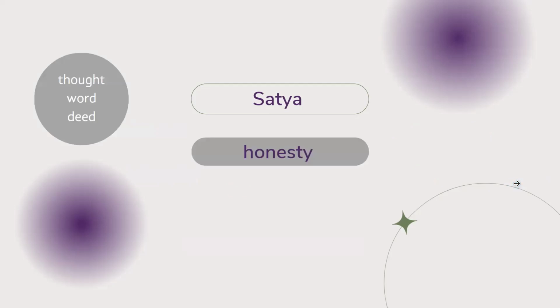So as with each of the yamas, what we're thinking about here is how can we think about practicing honesty in our thought, word, and deed. So our actions, the words we might say out loud to others, to ourselves, the thoughts that might be running through our mind, and the words that we might actually say to ourselves in our heads. And we are being encouraged to think about how we practice that honesty, that truthfulness with others and with ourselves.